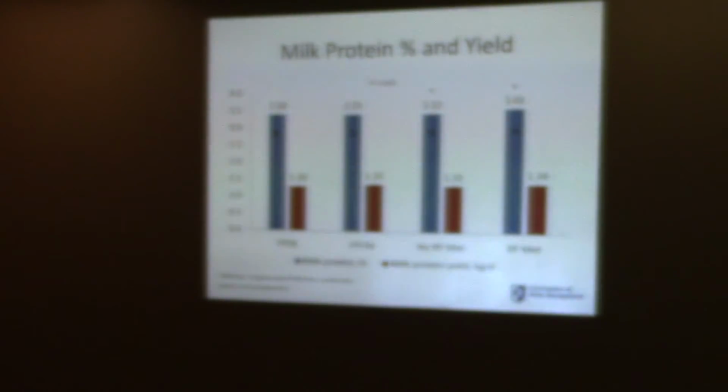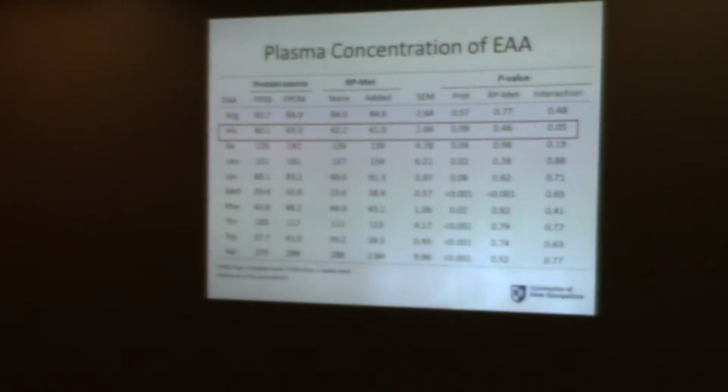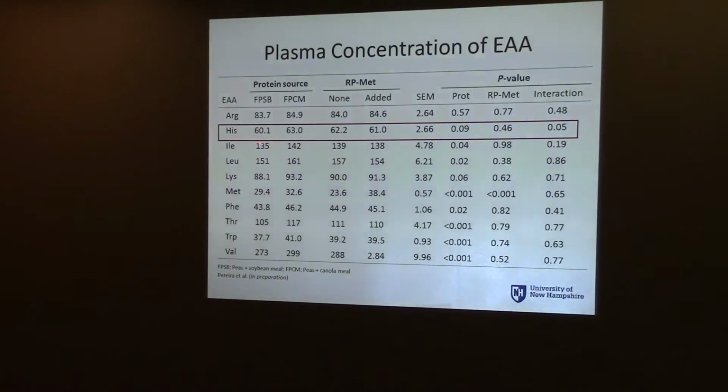In terms of milk protein yield, the cows that were on canola meal were producing more milk protein than those that were fed soybean meal. In terms of the amino acids, I want to show that for histidine, you see a significant interaction here. That means that histidine was highest when you fed canola. So that goes together with the hypothesis that canola could be a good source of histidine to cows that